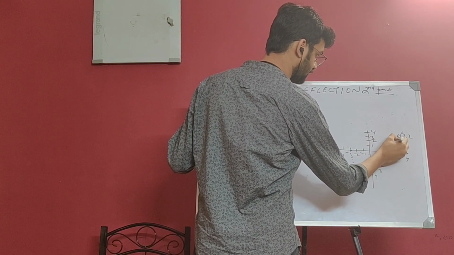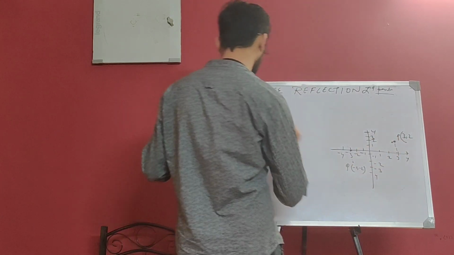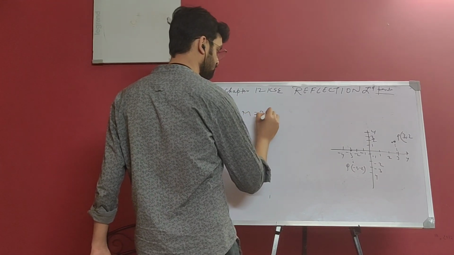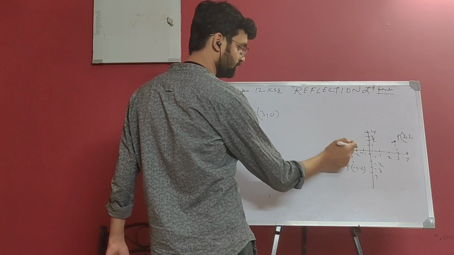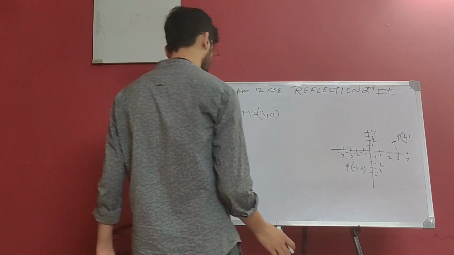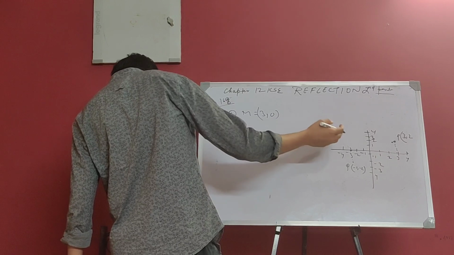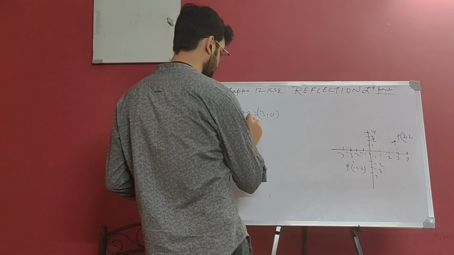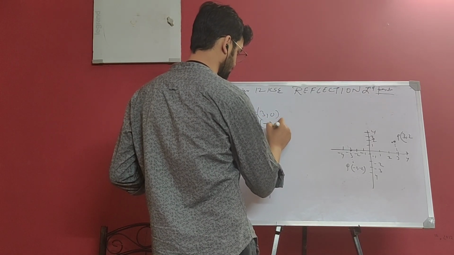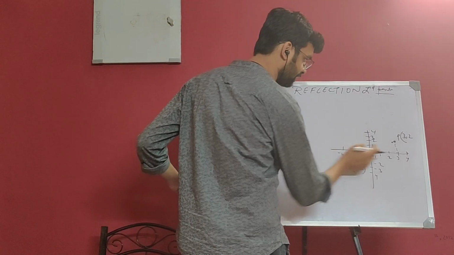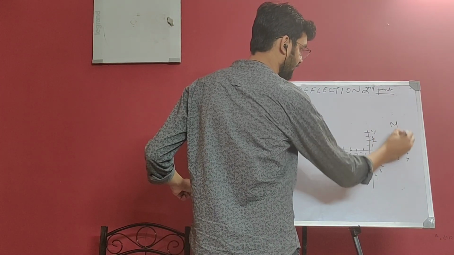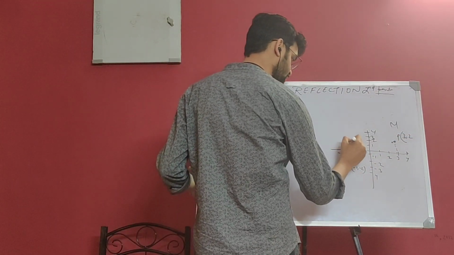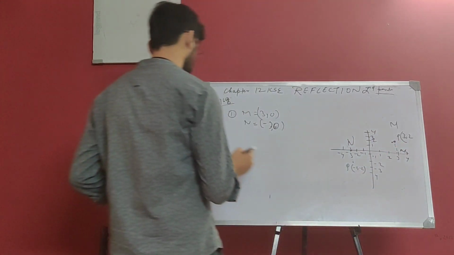So here is the diagram. So this will be here. So my first question, the coordinate of M, will be 3, 0 when it is drawn perpendicular. 3, 0 for M, and N will be this one in this diagram. So here N will be minus 3, 0, because see, minus 3 comes here, 3, 0 here. So this is my N and this is my M. Correct. So I got the first question.